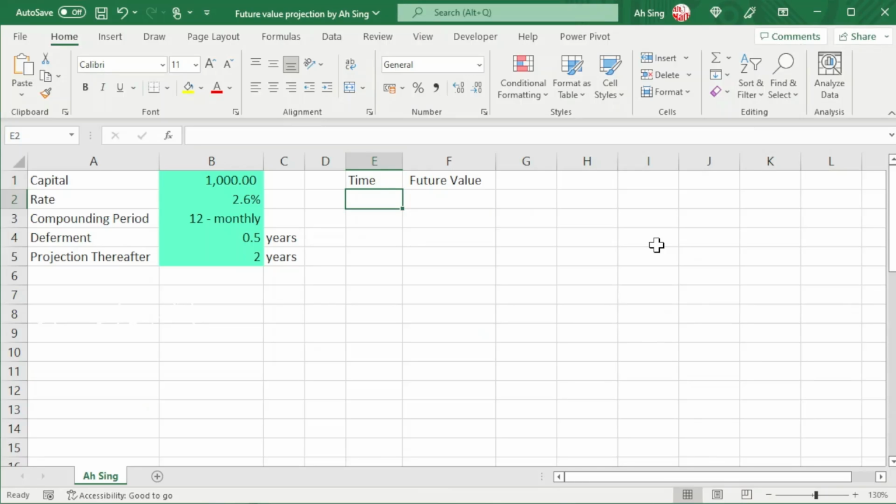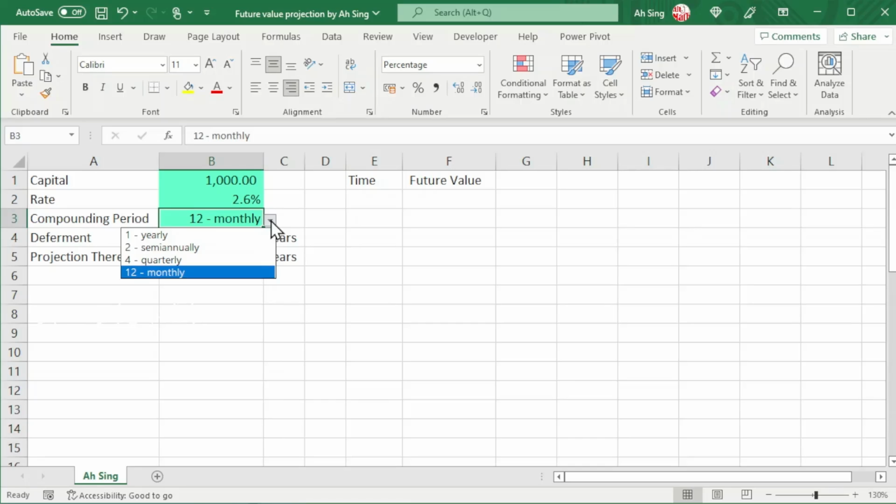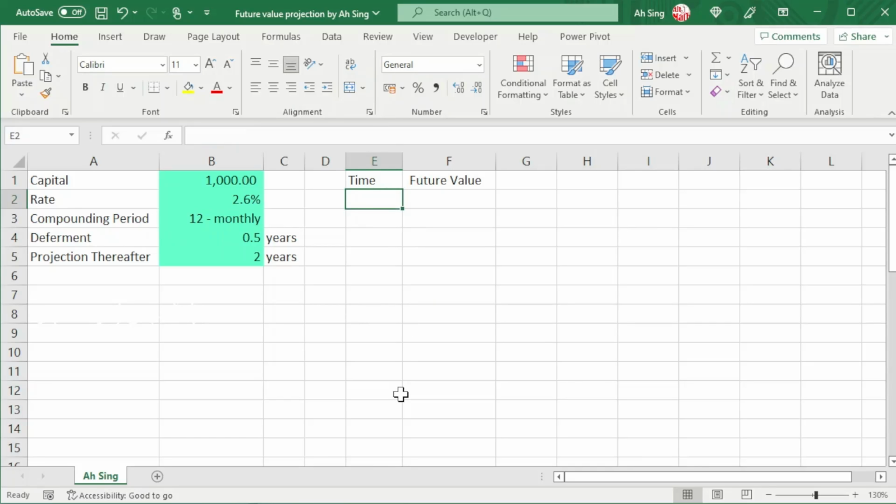Today we'd like to share how to create a dynamic future value projection that will update the output range automatically. Firstly, let's consider the time points. We know that the total number of time points is affected by the deferment as well as the projection years. But then, as we can see, the number of compounding periods is not fixed, which means that this could also be a factor. To calculate the correct number of time points that we need, we can first make use of